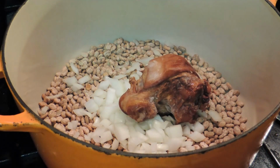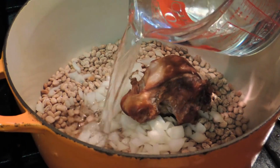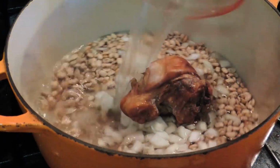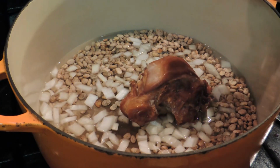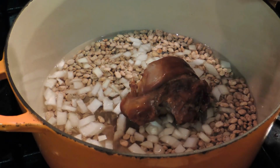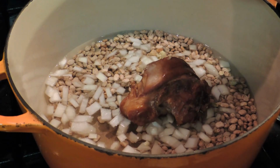So we're just adding the onion, the garlic, and the hock, and you just add water, no salt, no other seasonings, just water. And you'll want to add water to, say, an inch or more above the level of the beans, and just let it cook on a relatively high heat with no lid until the beans start to get